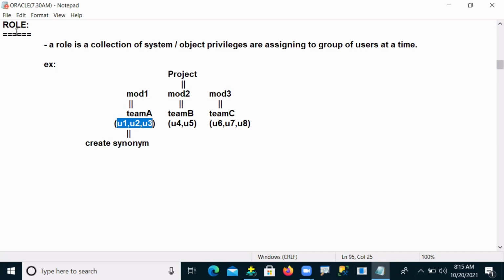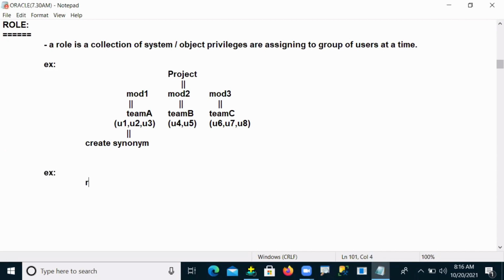The administrator creates roles. When he creates a role, along with the role he can assign permissions to a group of users. First, he will create one role.